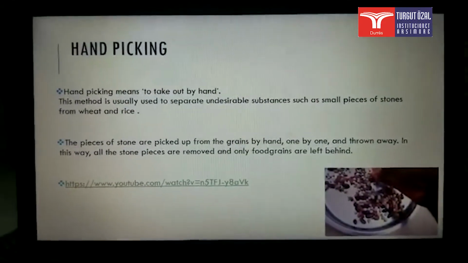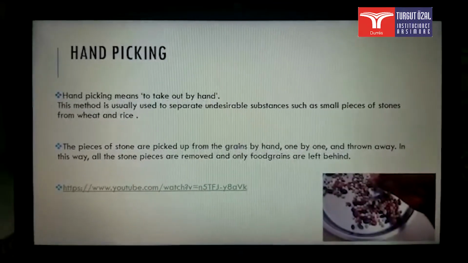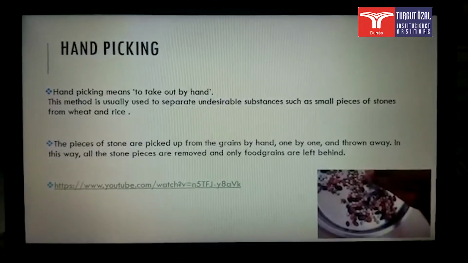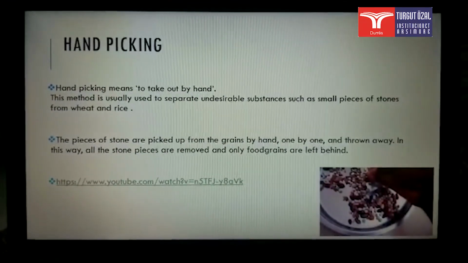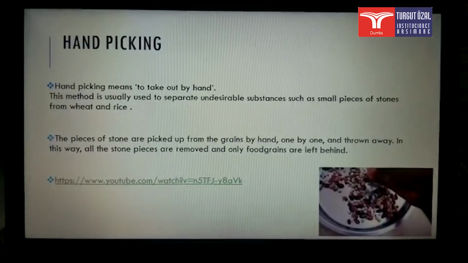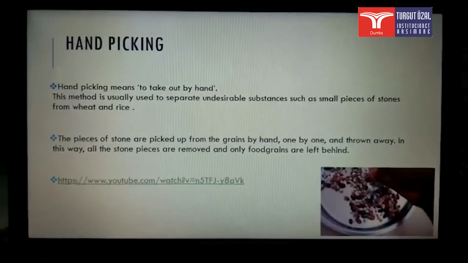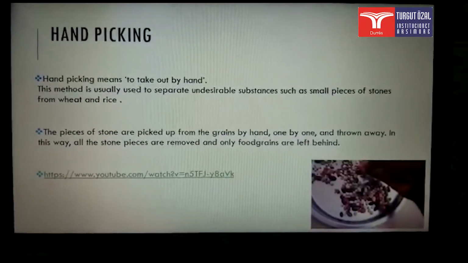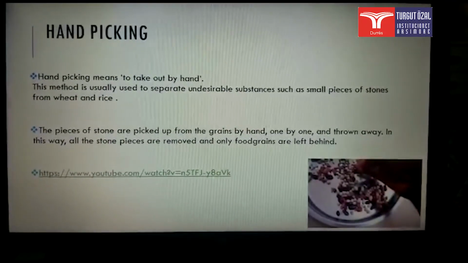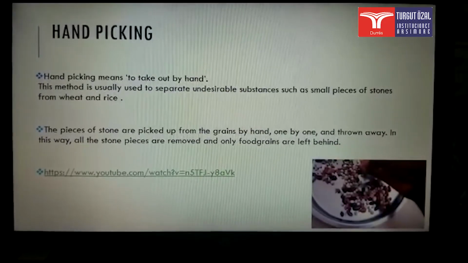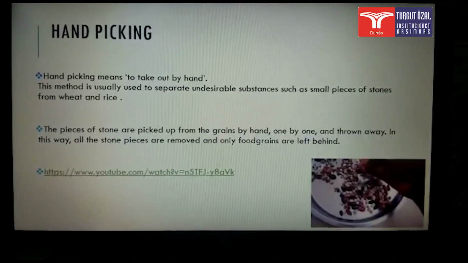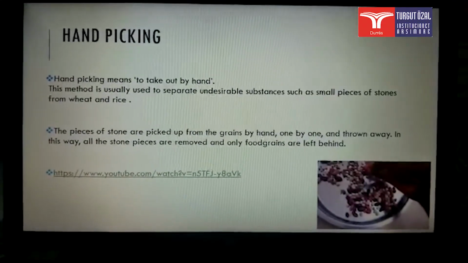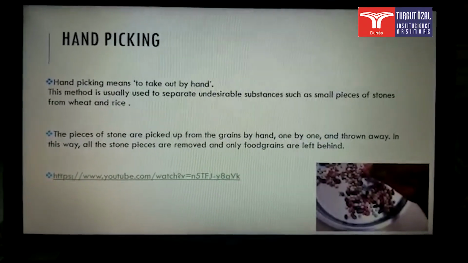These are the methods. The first one is hand picking, which means to pick out by hand. This method is usually used to separate undesirable substances, such as small pieces of stones from wheat and rice. The pieces of stones are picked up from the grains by hand one by one and thrown away. In this way, all the stone pieces are removed and only food grains are left behind. This is a method to separate mixtures, and here